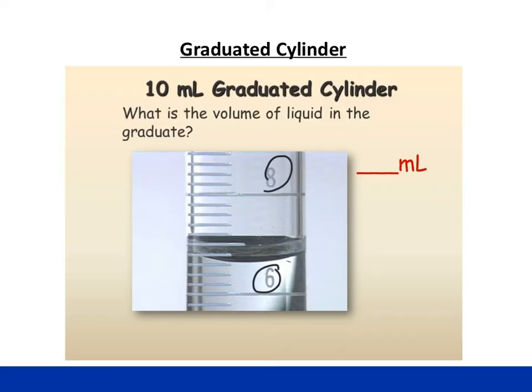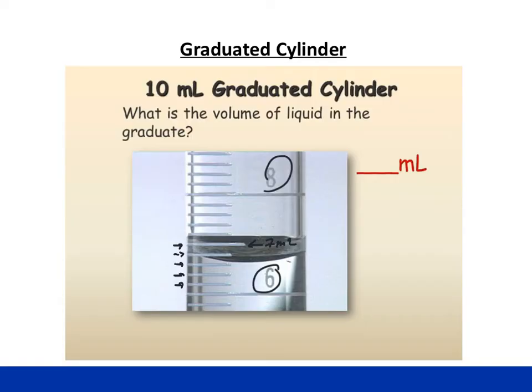So we have to examine the remaining lines to determine their meaning. About halfway up, we see a line that's bigger than all of the other ones. This one right there indicates 7 milliliters. We can verify this by counting the markings after the 6 line: 1, 2, 3, 4, 5, to get up to what we think is the 7 milliliter mark.